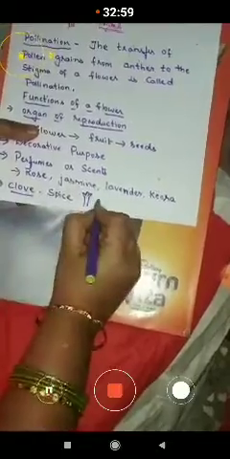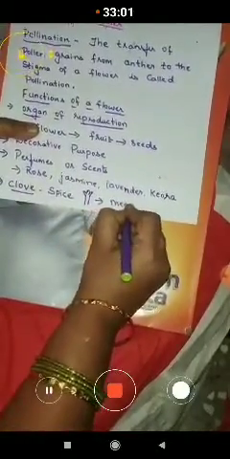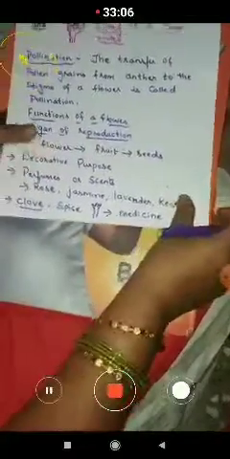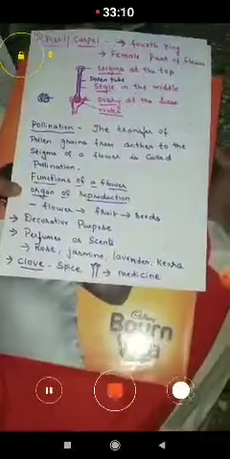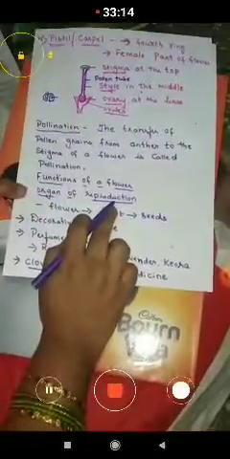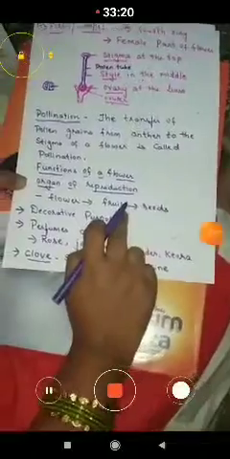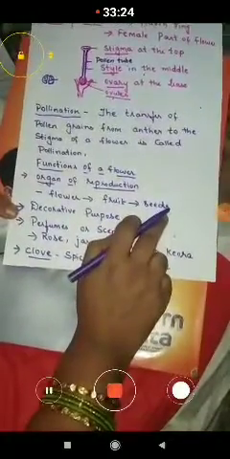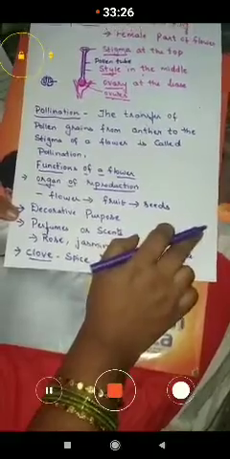So it is often used as a spice, and it acts like a medicine also. It acts as a medicine to cure the cough and cold. Okay. So these are the four functions of the flower. The first function is it acts as a reproductive part in the plant, and this flower changes into fruit, and the fruit has the seeds in it, and when this seed is sown in the soil you will get a new plant.